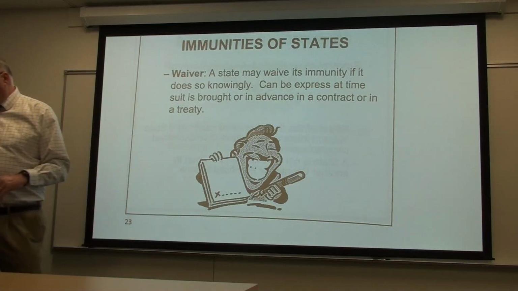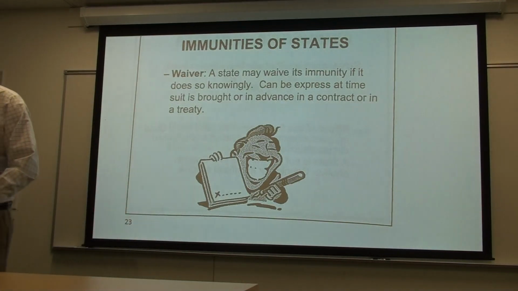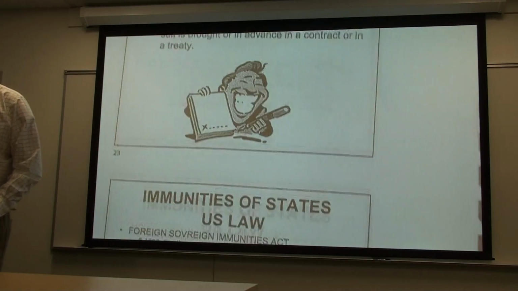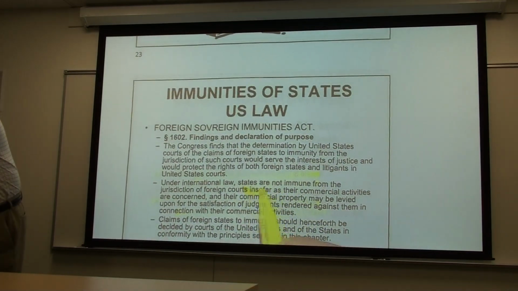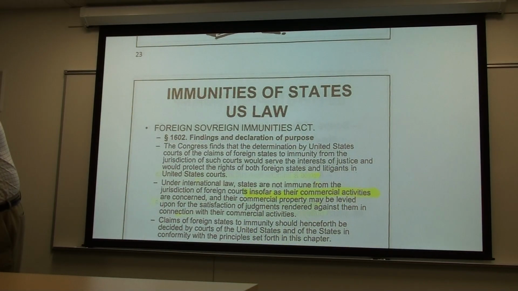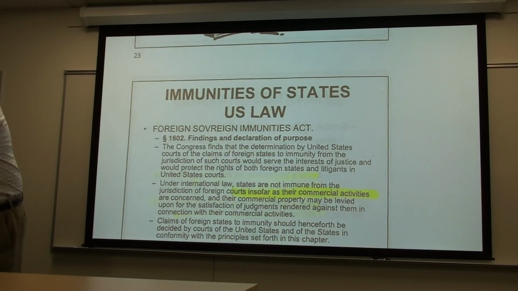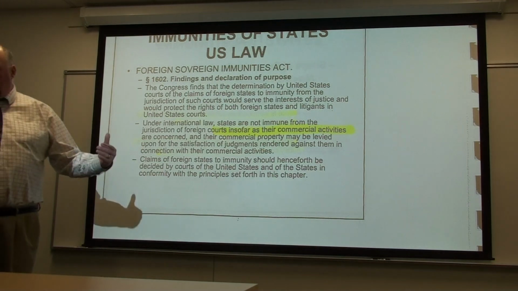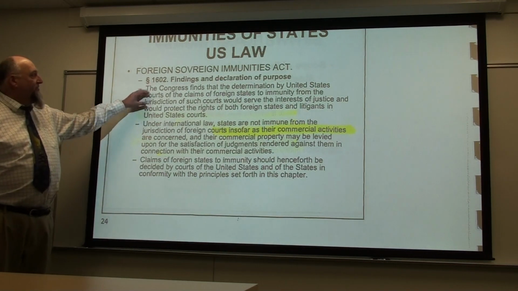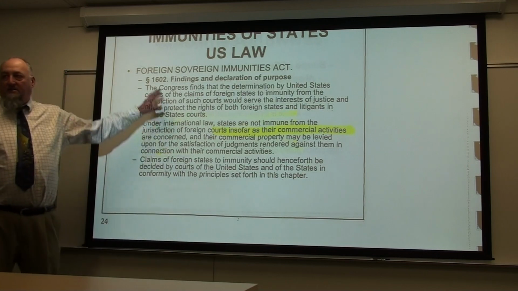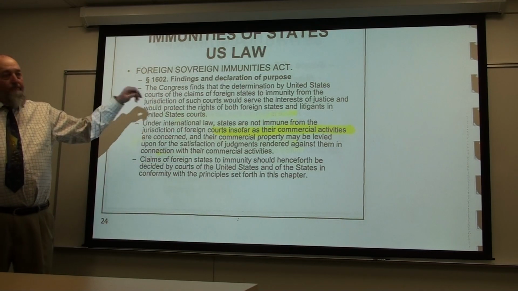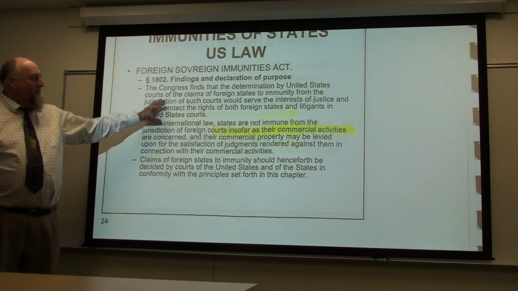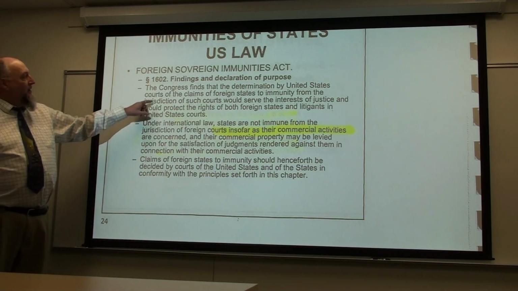So basically what I want you to know is what are the two primary areas where a government cannot claim sovereign immunity, and they are when the government is engaged in purely commercial activity. This is a cut and paste of the Foreign Sovereign Immunities Act. This is federal United States law. And I'm sorry it's so wordy, I need to clean that up a little bit, but basically